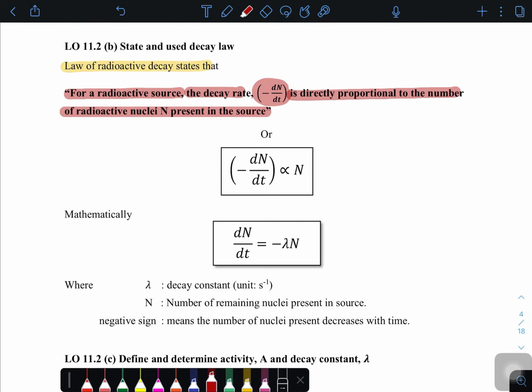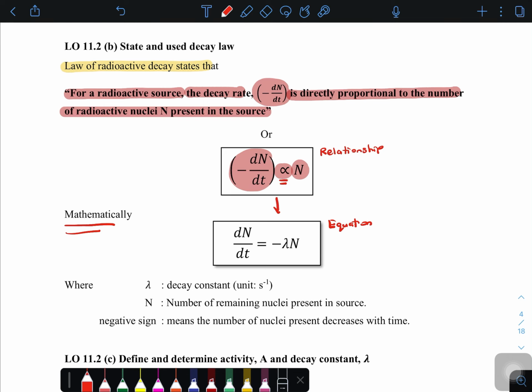Or in other words, negative dN over dt is directly proportional to N. So this is the relationship. Mathematically, because this is only a relationship, we need to convert it